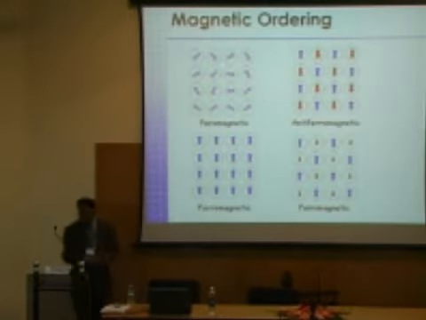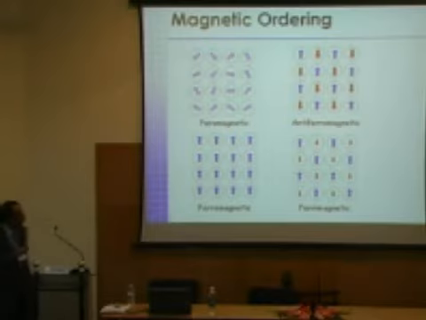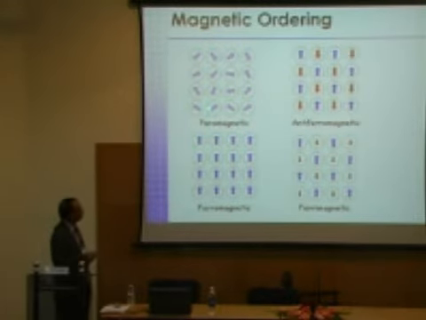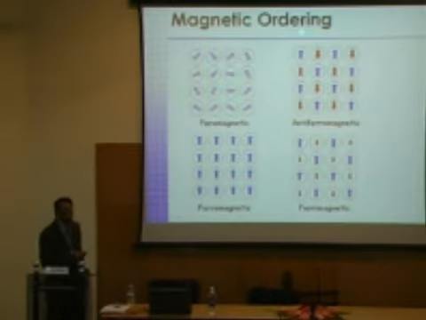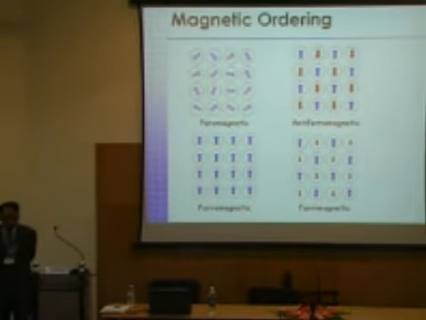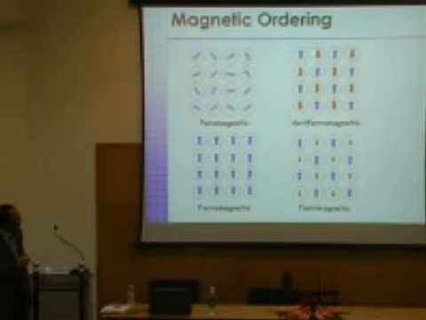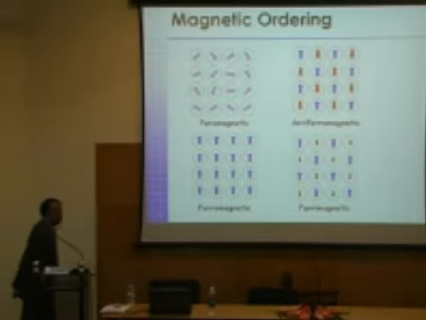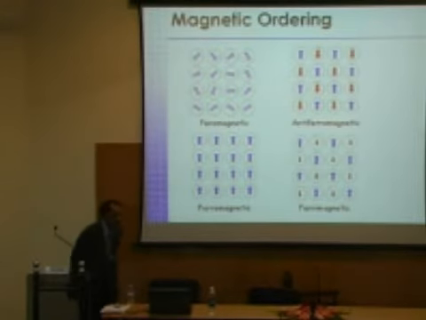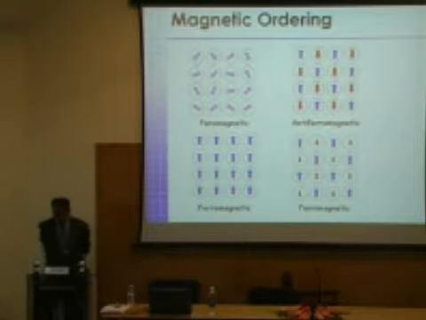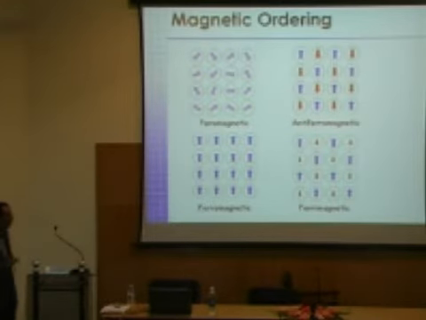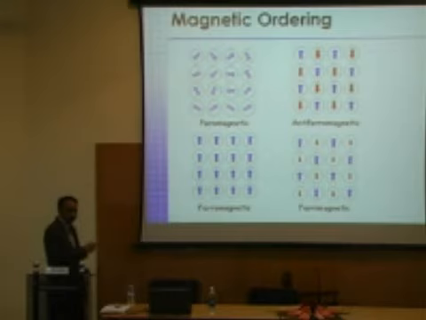All right, so the magnetic ordering. So if I have a collection of atoms with unpaired electrons, you can have several scenarios. I'm not exhausting all the possibilities, but I'm giving you here a random orientation of the spins on the neighboring atoms. If that happens, the material is said to be paramagnetic. And if I have moment on the one atom pointing up and pointing down on the next atom, and if the lattice is arranged this way, as you can see very well, the net moment is going to be 0 because you cancel the magnetic moments of the neighboring atoms. So in such cases we say the material is antiferromagnetically ordered. On the other hand, if all the moments are aligned in the same way, we call this ferromagnetic material.